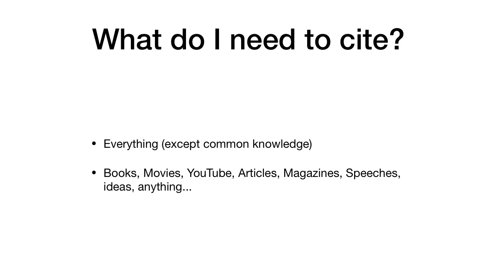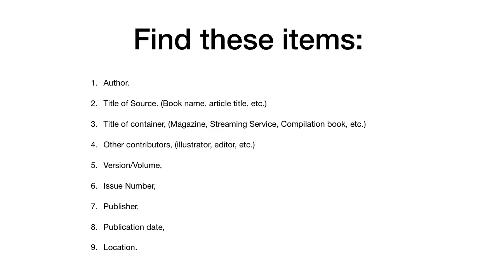But what do you need to cite in your paper? The short answer is everything except common knowledge. You need to cite books, movies, YouTube videos, articles, magazines, speeches, ideas, basically anything that's not yours, you need to cite in a paper. To have a complete citation, you need to find most of the following in this list: